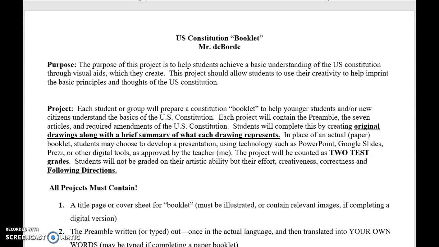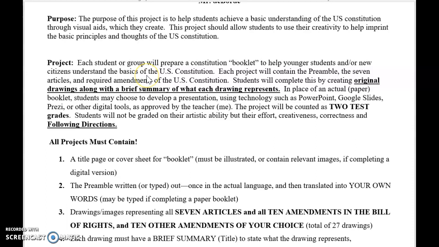of the booklet. This will be to help students not only learn it themselves, but also to help others outside the classroom learn about the Constitution or get a basic understanding of the Constitution, as these projects will be displayed outside of the classroom for others to view. So each student or group, depending on which version of the project you want to do, an individual version or a group version, each student or group will create their own booklet to, like I said, teach themselves and others